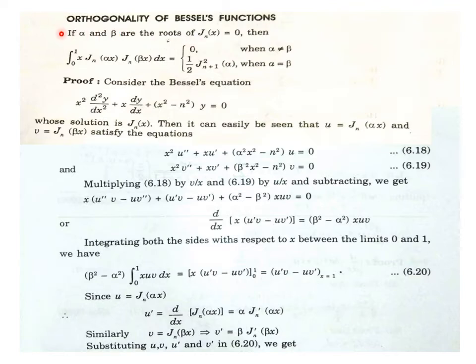Now the statement is: if alpha and beta are the roots of the equation Jn(x) equals 0, then the orthogonal property is in two parts. The integral from 0 to 1 of x Jn(alpha x) Jn(beta x) dx is 0 if alpha and beta are different,